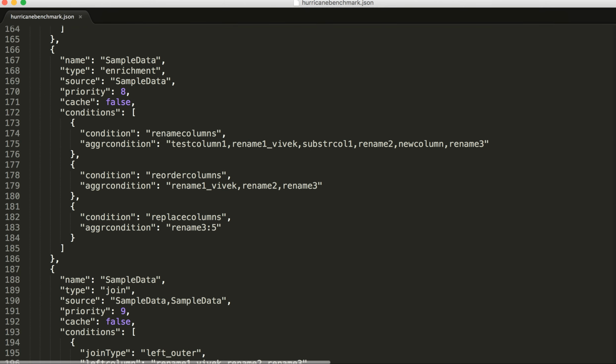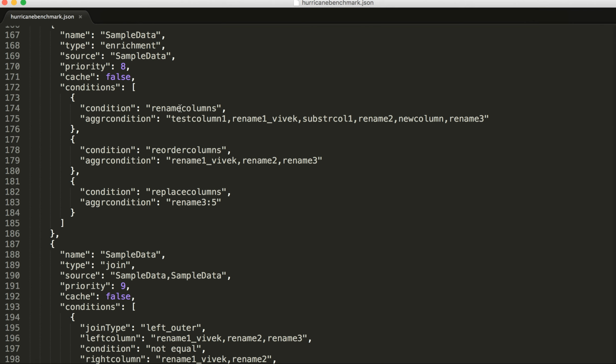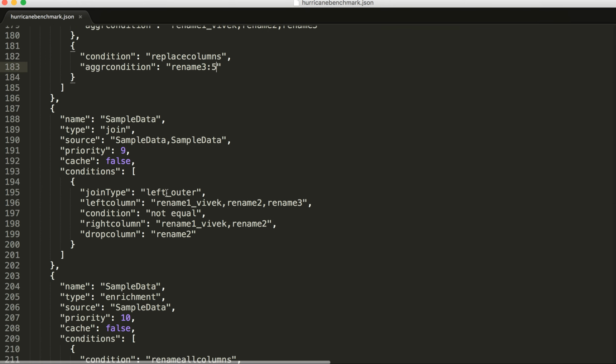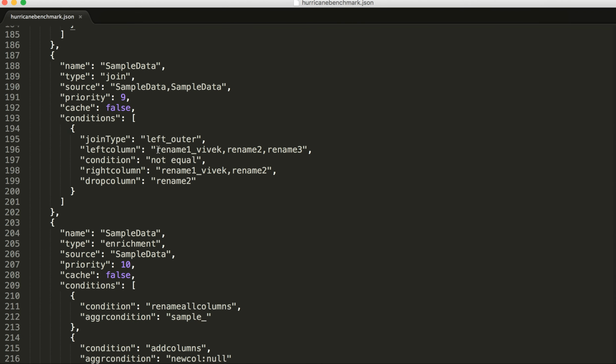As I told, there are multiple other ways of enriching it, not only add columns. We have rename columns, reorder columns, replace columns. So basically what it does, it renames column 3 to 5. And then we have left outer join; we support multiple joins. So basically, if you see here we have 3 columns, while here we have only 2 columns. So it takes the first 2, it renames Vivek 1 to Vivek 2, and if it has extra columns it will just ignore them, and this is a condition it will apply on the